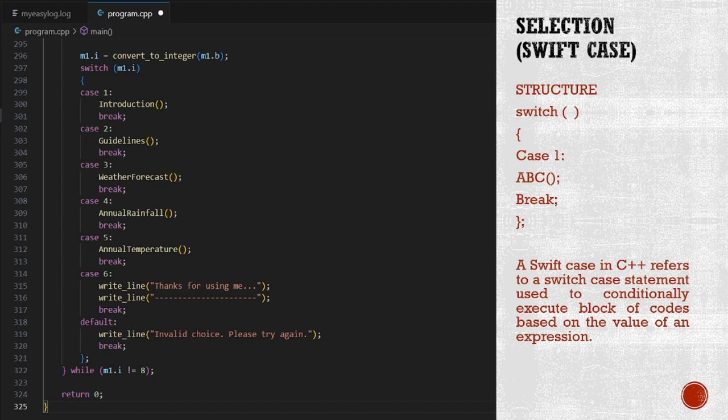Selection, switch case. Switch case is one of the most used selection types in C++. So the structure of switch case is like that. It starts with switch and then brackets and curly brackets. Inside the curly brackets there is a case 1 statement. After that the instructions